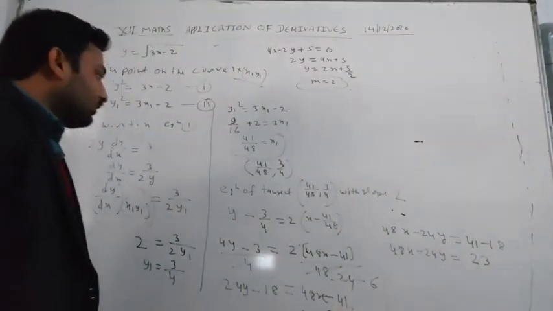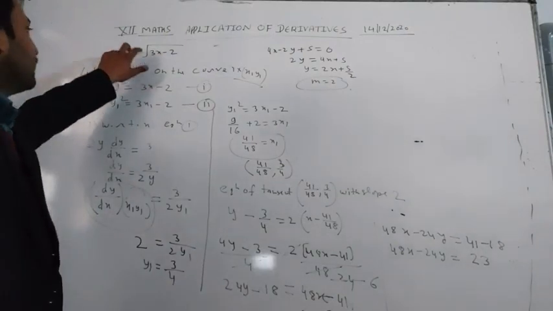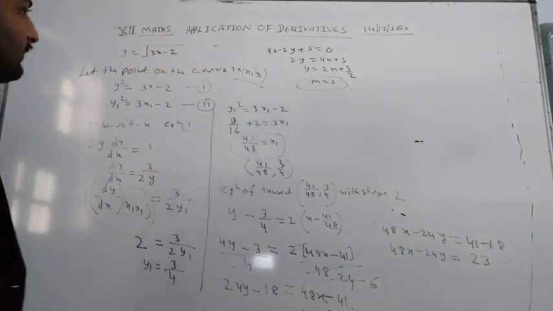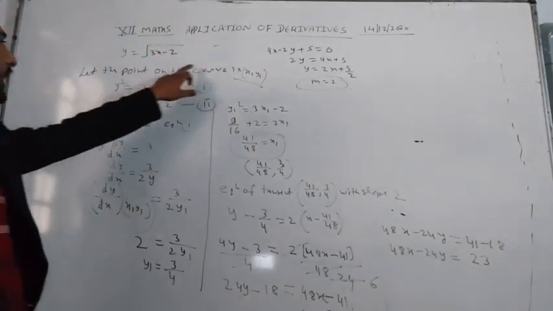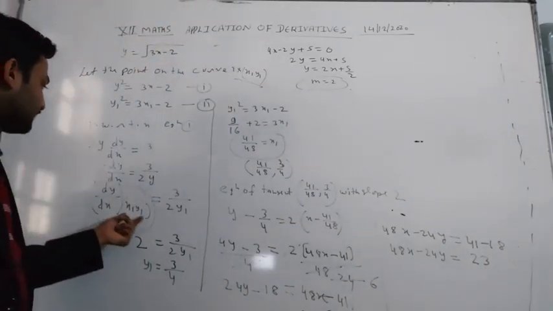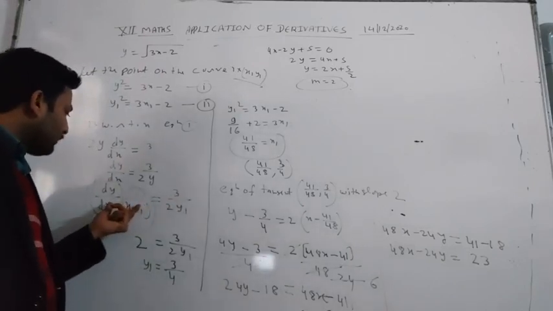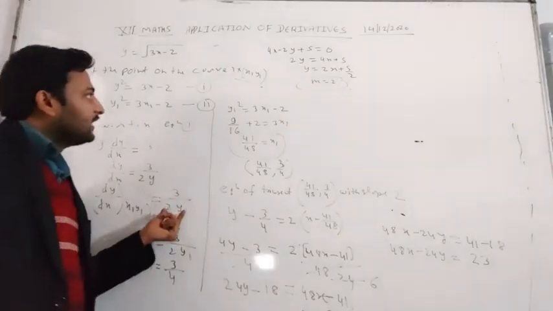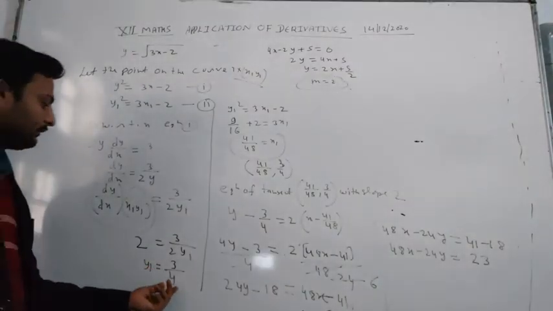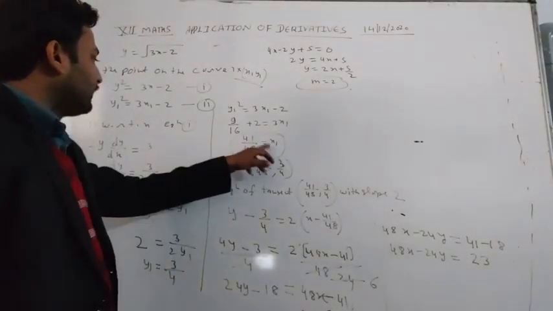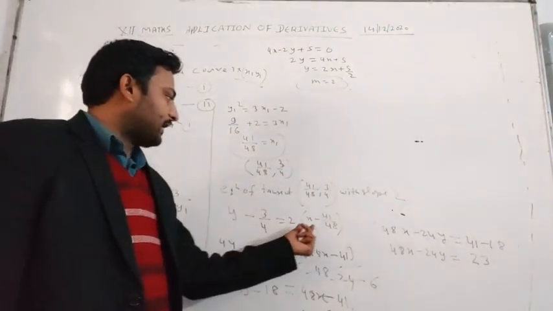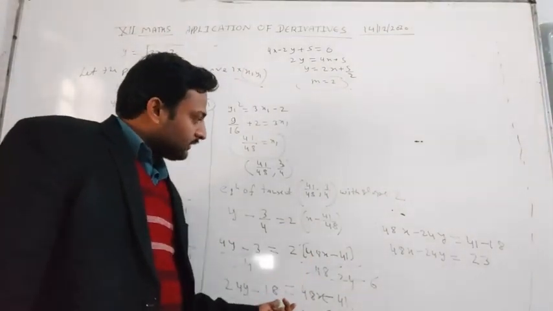Okay student, so I hope you understand. First, the question gives us that y is under root 3x minus 2, this is the curve, and we have to find the equation of tangent. So we have taken the point x1 y1 on this curve, and this point satisfies the equation. Now we differentiate this. At this point we find the slope of tangent, 3 by 2 y1, and this is parallel to this line, so the slopes will be equal, so we can substitute 2 here. Now y1 will be this, and with the help of y1 we will find our x1. Now we have this point and slope, so the equation of tangent will be y minus y1 and x minus x1. After calculation we will get our equation.